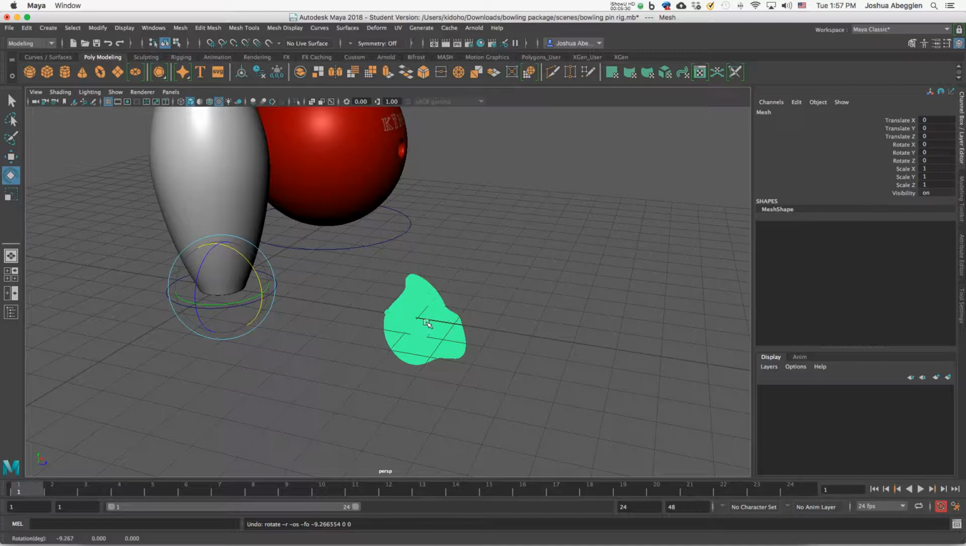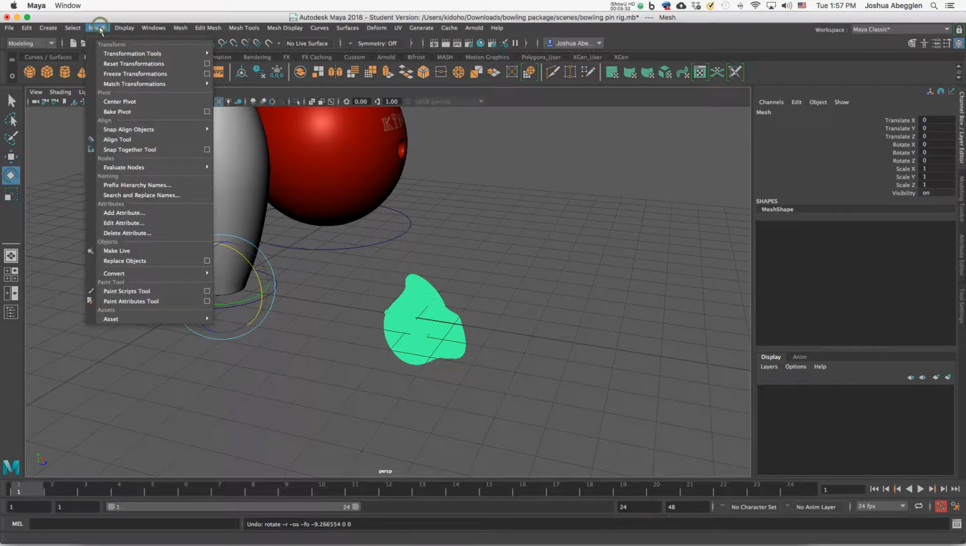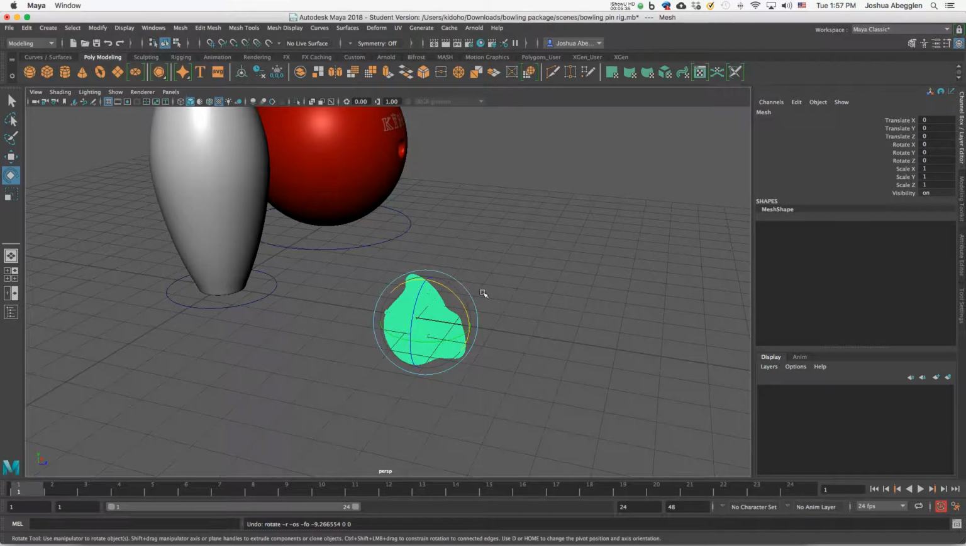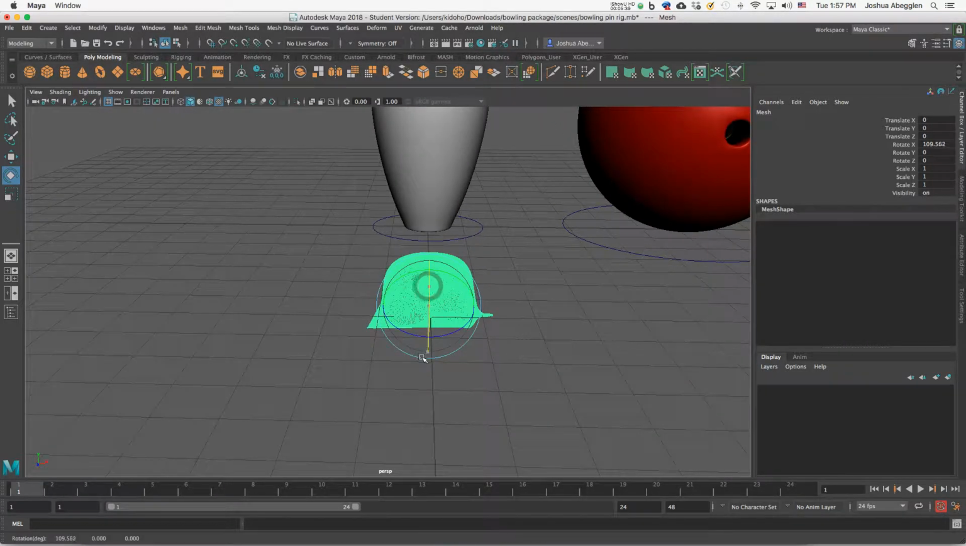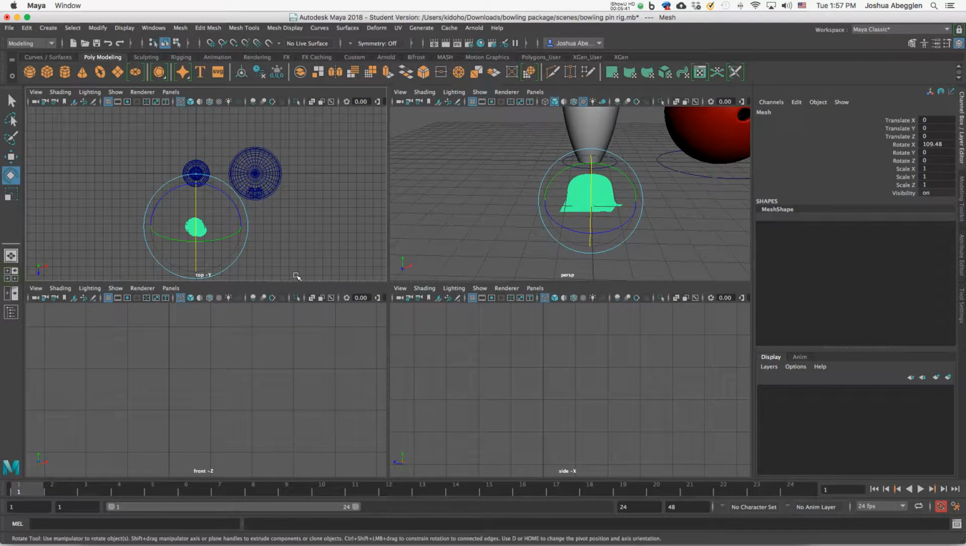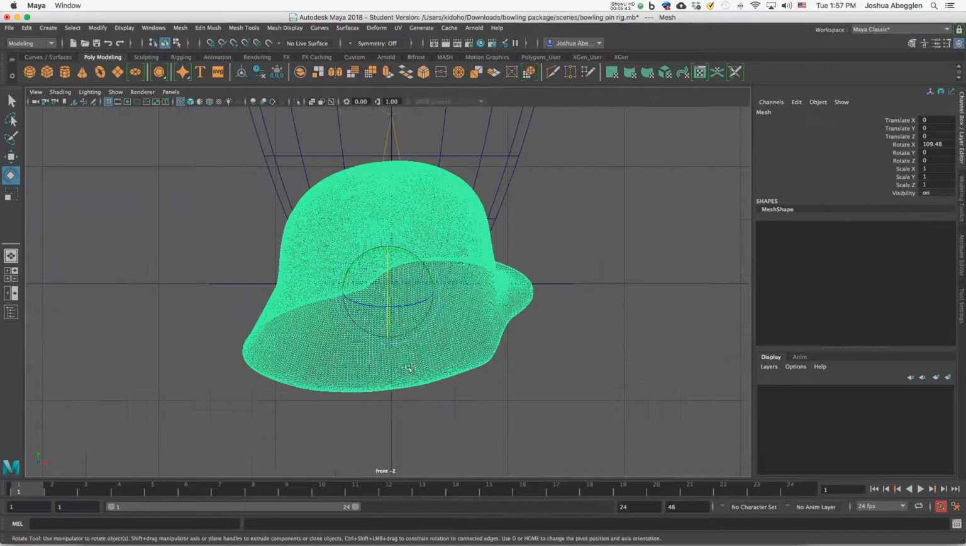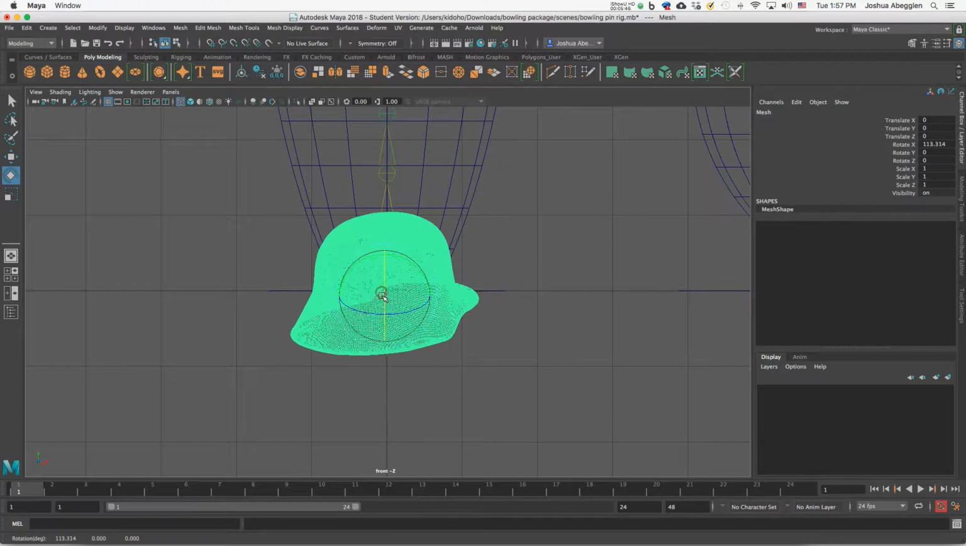So the first thing I'm going to do is, with the helmet itself selected, I'm going to select modify, and I'm going to center that pivot. All right, and that'll put it right in the middle of the object here. Now I'm going to rotate it. Let's see, I'm going to look at this from the front. So I'm going to rotate it